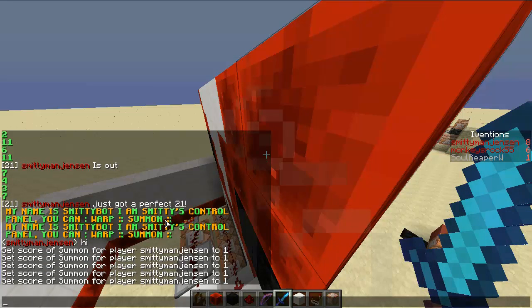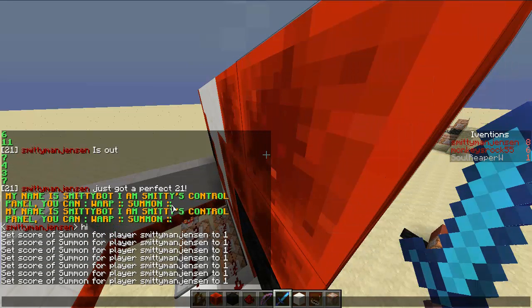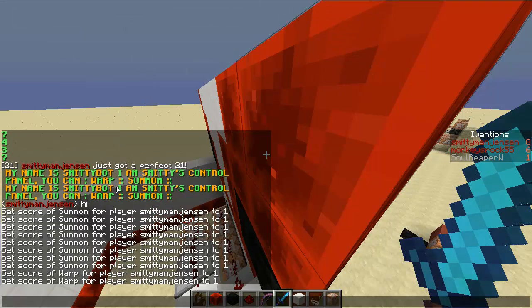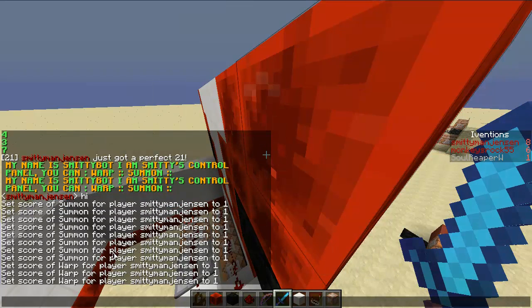I can click anywhere on summon, and a little bit farther, because I haven't changed the command line yet, so you can still go a little bit further. But now warp, I can do the same thing, and that one stops because I fixed the command line on that one. It sets the warp for the player. Now for this,